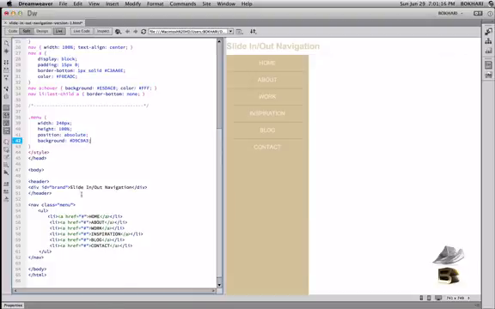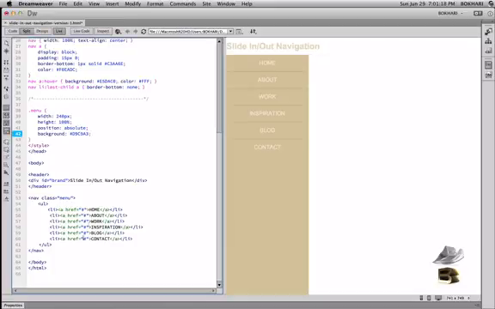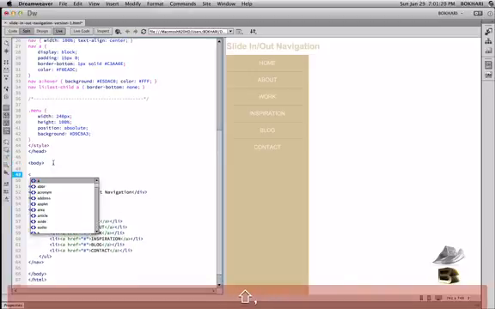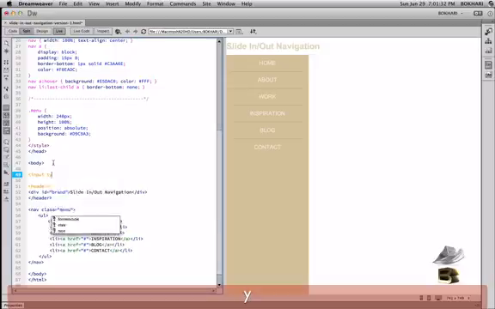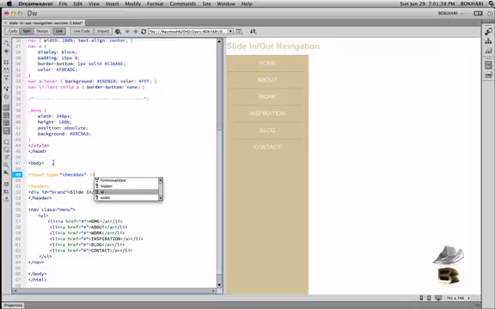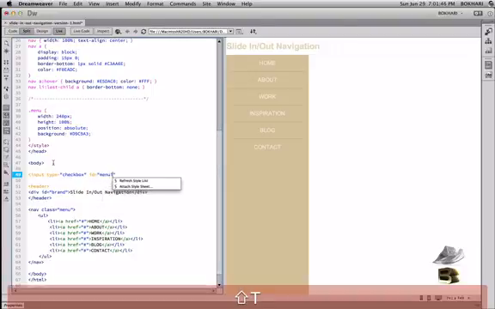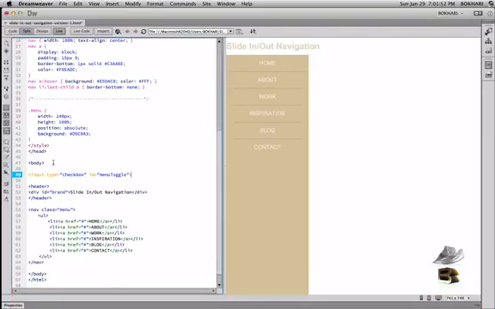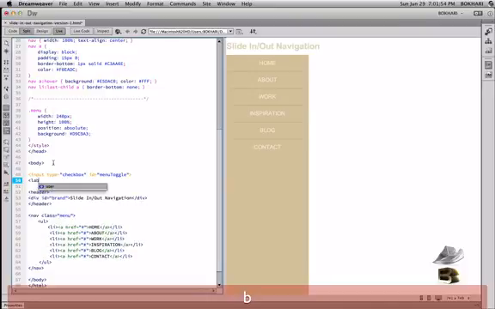So right now we need to add the checkbox. Okay, so just after the body, make sure just after the body. Okay, input type checkbox, then space ID, give it an ID and call it anything you like. In this case I'm going to call it menu toggle. Okay, and close it like so,